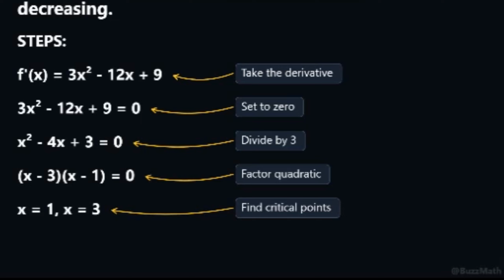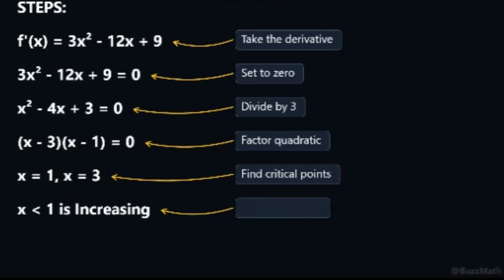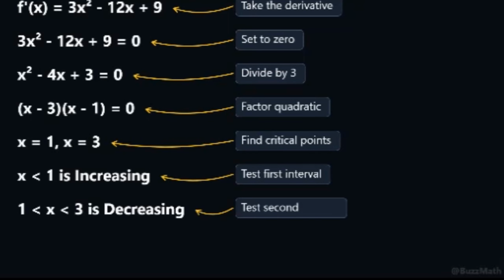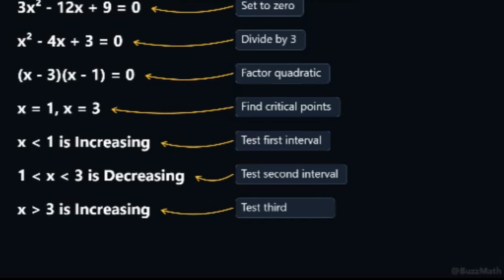Plug 0 into the derivative, we get positive 9. So the original graph is increasing before 1. x < 1 is increasing. Test first interval. Plug in 2, and we get a negative number. So the graph is decreasing between 1 and 3. 1 < x < 3 is decreasing. Test second interval. Plug in 4, and it's positive again. Increasing, decreasing, increasing. x > 3 is increasing. Test third interval. Here are your critical points and the exact behavior of the graph. x equals